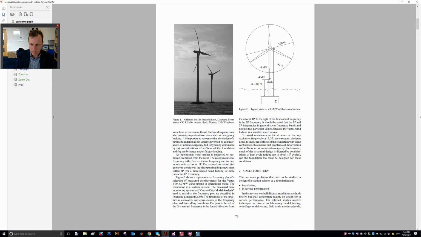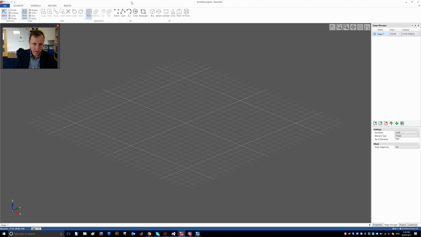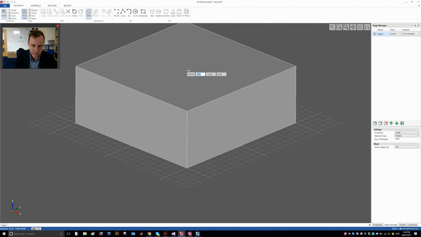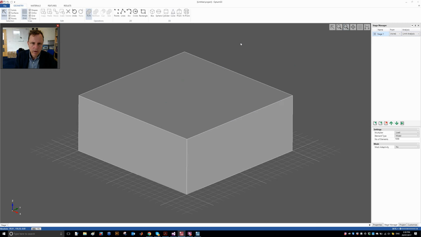Okay, and I am going to try to use a foundation that has a diameter of 10 meters and a depth of 10 meters as well. And I'm going to model the full problem. So let me draw a domain like that, and 40 high should be enough. And then a cylinder at 0.40, radius of 5, height of -10, and apply some